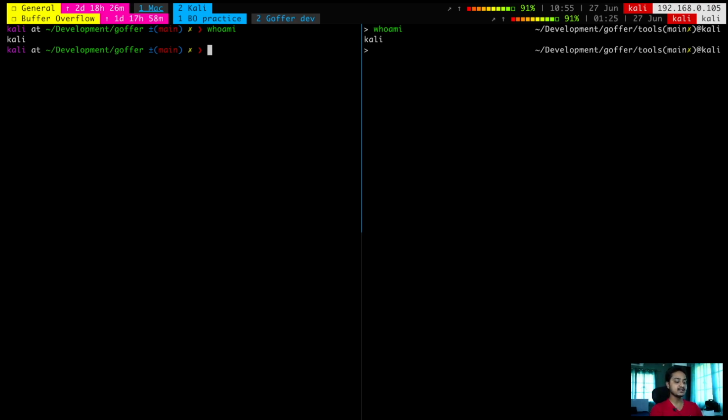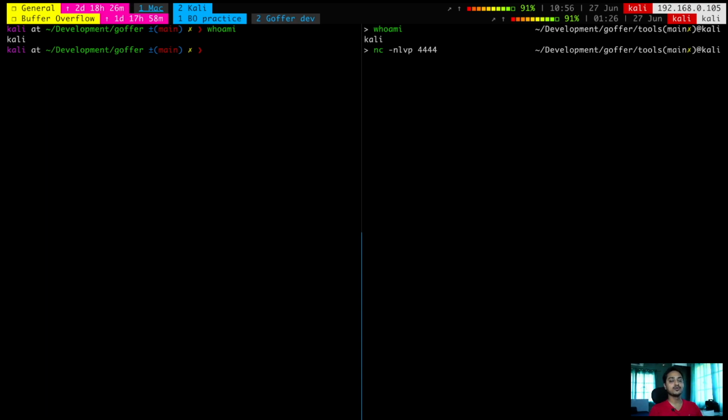So the idea is that I run a netcat listener on this port. There are multiple ways netcat can communicate. One way is that you create a listener. A listener is the place where it is listening for commands or text or anything. Netcat is basically a Swiss army knife. So here first we'll set up a listener.